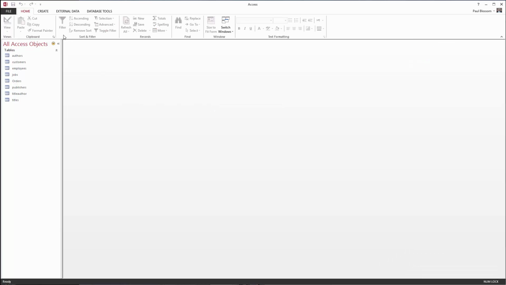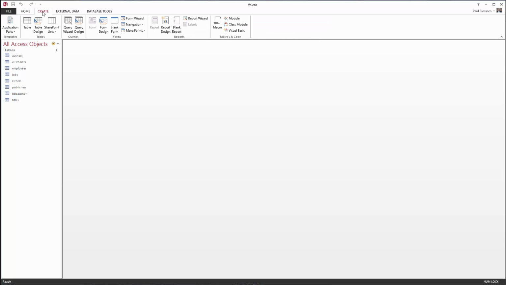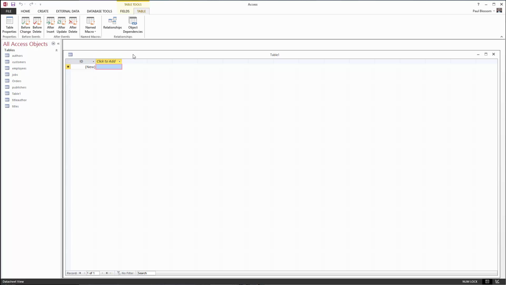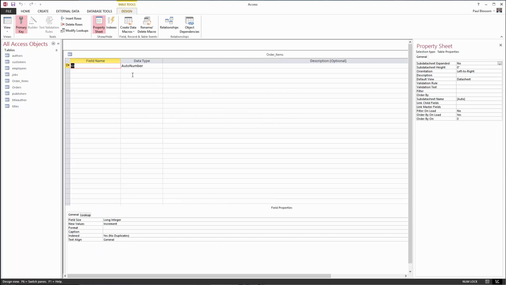Now, the other one I wanted to create quickly was an order items table. And so I click on create table. Again, it's this thing. So I want to go to design view, and I'm going to type in order items. Now, it's not absolutely essential. It could be called order detail or something else. And here we have an ID. I'm going to leave that one alone. I want the order ID